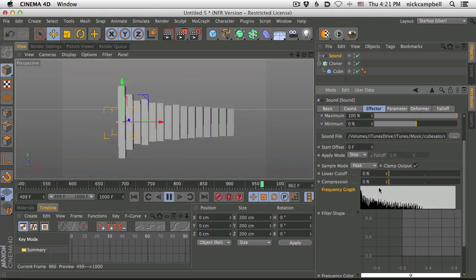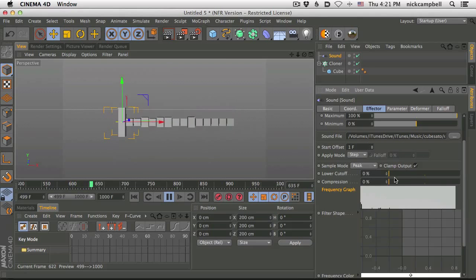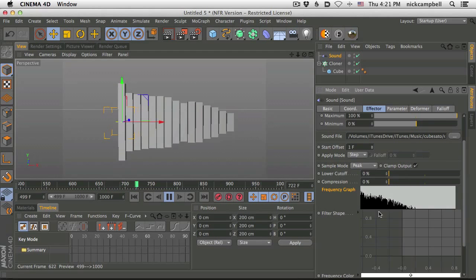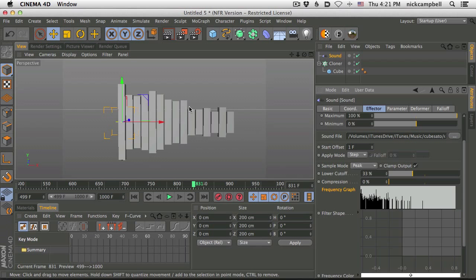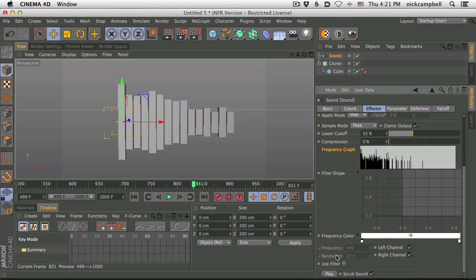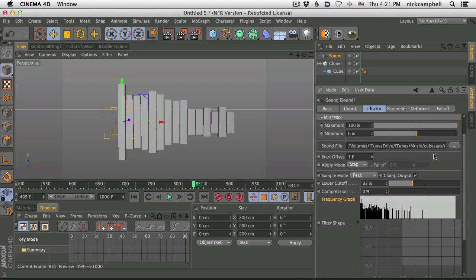But both of these actually kind of work against us in this equalizer kind of model kind of way. In fact, I really wish there was another slider that allowed us to kind of do this lower cutoff. But something similar to if you've ever played around with Sound Keys, which is a Trapcode plugin for After Effects. Really cool plugin. It allows you to dial in a lot more carefully what parts of the audio you want to affect. And, you know, there is a little bit of that down here with the frequency and bandwidth, but it's just not as intuitive, and it's not as smooth. You don't have the control over the fall off and all that nice stuff that you do with Sound Keys.